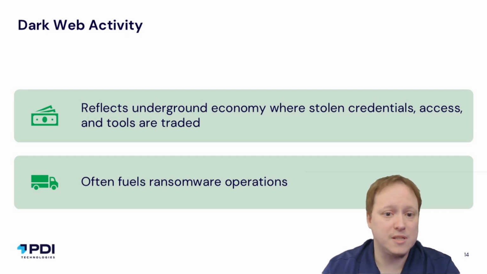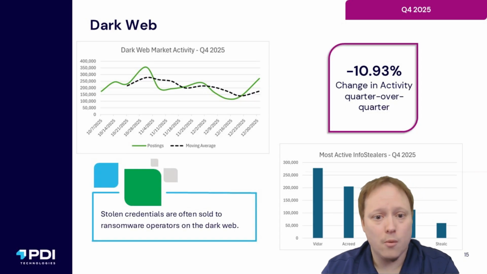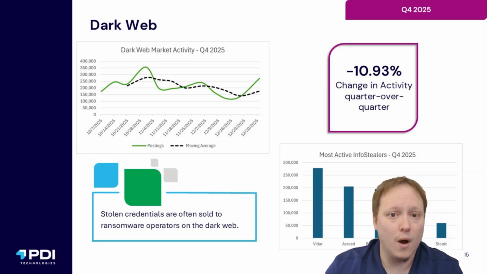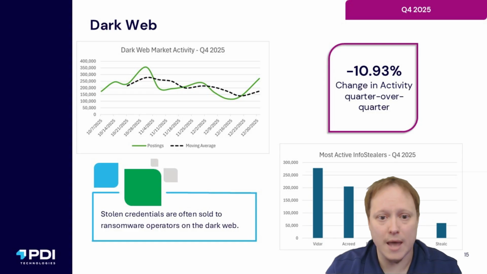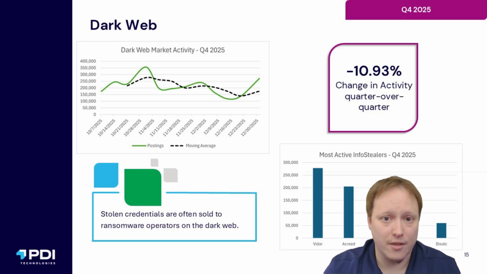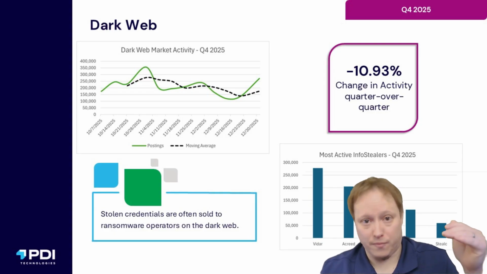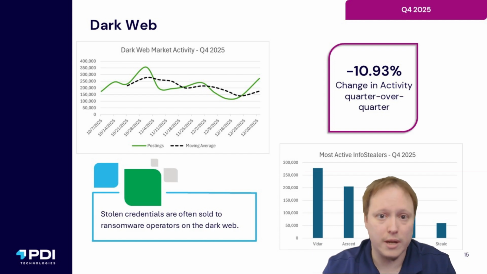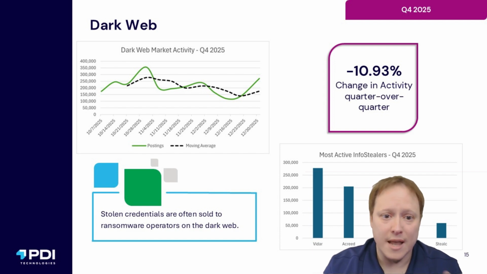When we look at Q4 specifically for the dark web, we saw activity decrease by about 10%. One of the things that we track very heavily when it comes to the dark web is the activity of information stealers, or info stealers. One of the largest ones that's been the most prevalent is Luma Stealer, and Luma Stealer saw some law enforcement action against them, which slowed everything down and pretty much shut down their operations. With that, we saw this decrease, this power vacuum, if you will, within that space that's been slowly starting to be reestablished by threat actors as they're figuring out what their new favorite flavor of InfoStealer is.